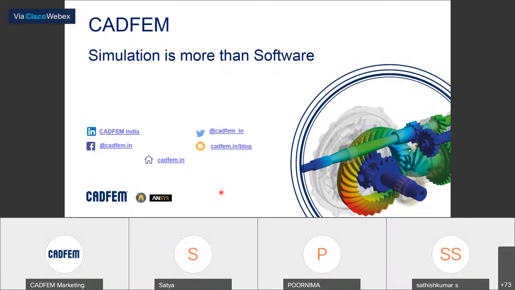Now, as a CAD firm, we believe that simulation is more than a software, because it's not just the simulation tool. How you use the simulation tool also creates an impact, right? Software is nothing but a black box. How we do the simulation depends on the requirement. Suppose we are going for a thermal analysis, then we have to use this tool. If we are going for a mechanical analysis, we have to use ANSYS Mechanical. If we are doing an electromagnetic analysis, we have to use